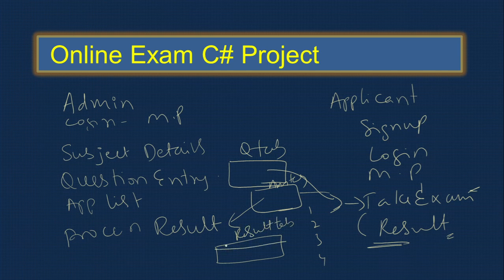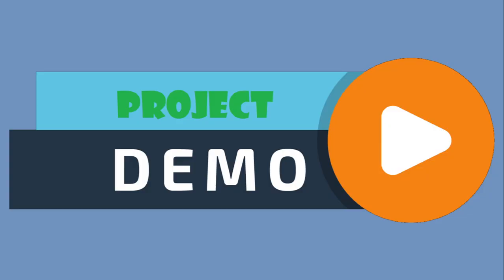In the result table, you have your applicant number, the total questions, and the total answers. Based on that, the result will be shown over here. So this is the concept we will cover in this particular project. I'll show the demonstration so you get a clearer idea once you see the complete project. Later you can plan how you want to do it and what languages to use, because as I told already, not necessarily C#. You can use VB, PHP or Python, all possible.